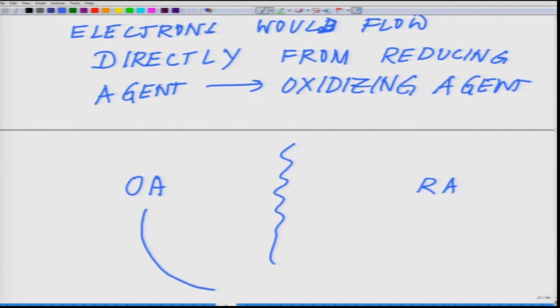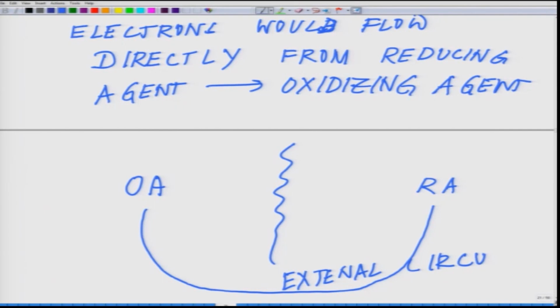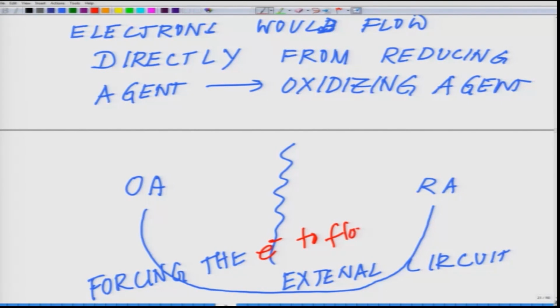So, essentially something like this, there is an external circuit where you are basically forcing the electron to flow through. Okay. So, you are keeping a physical barrier between them and they flow through the external circuit to go from one